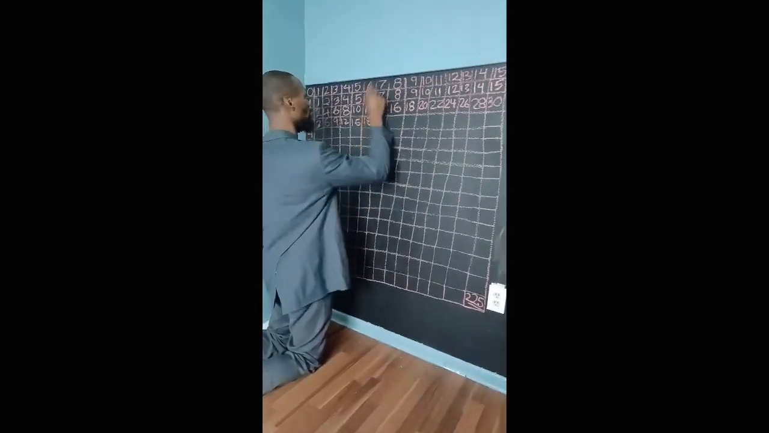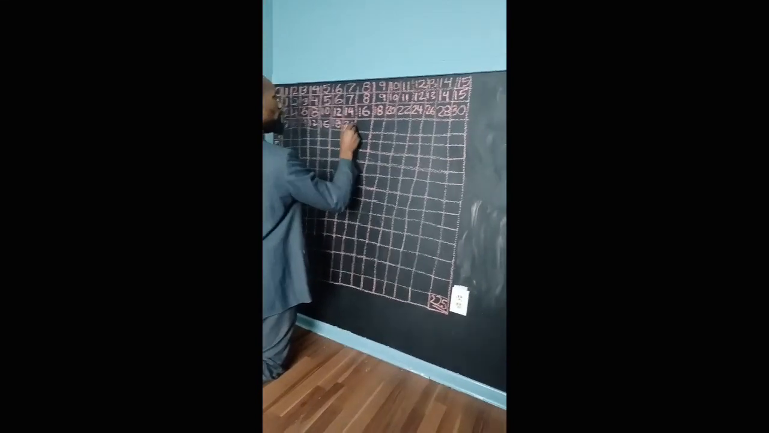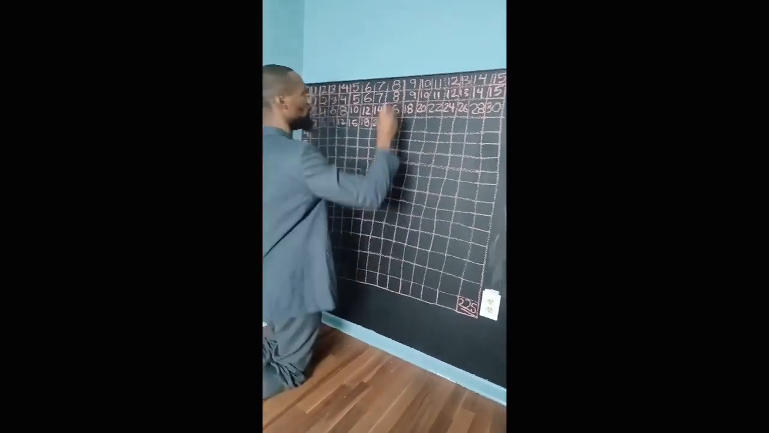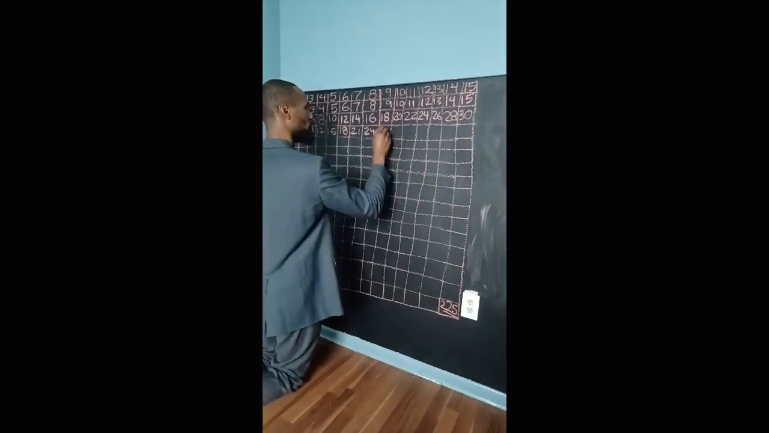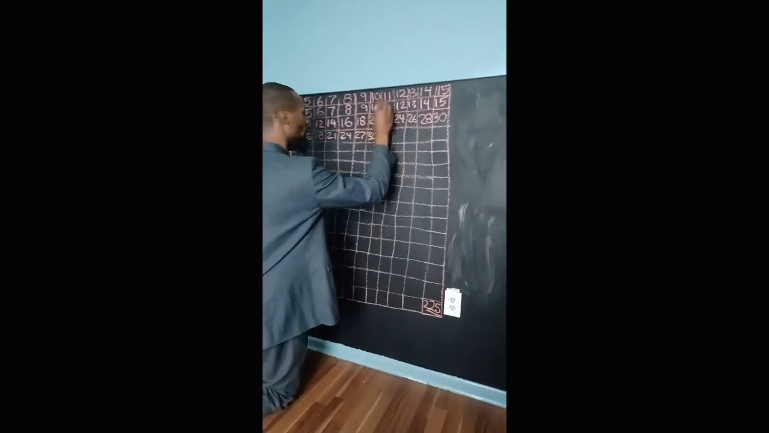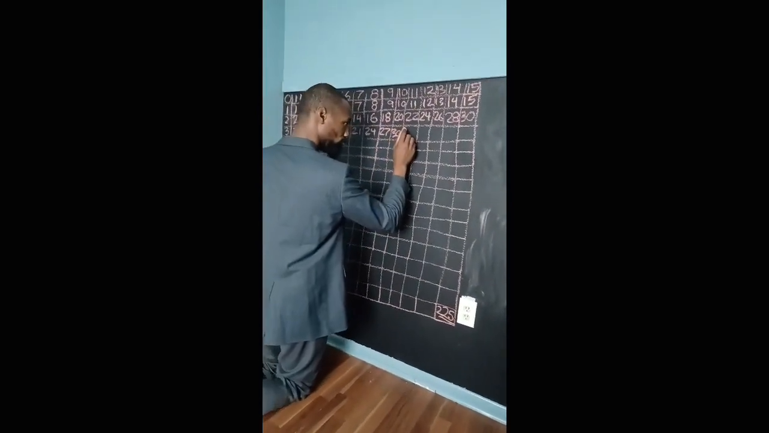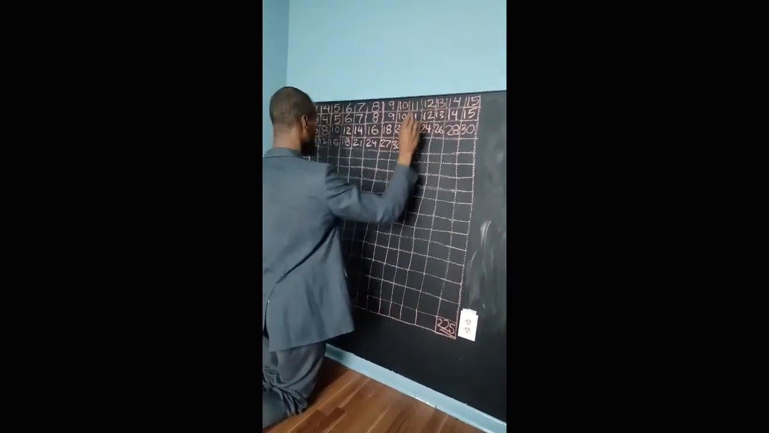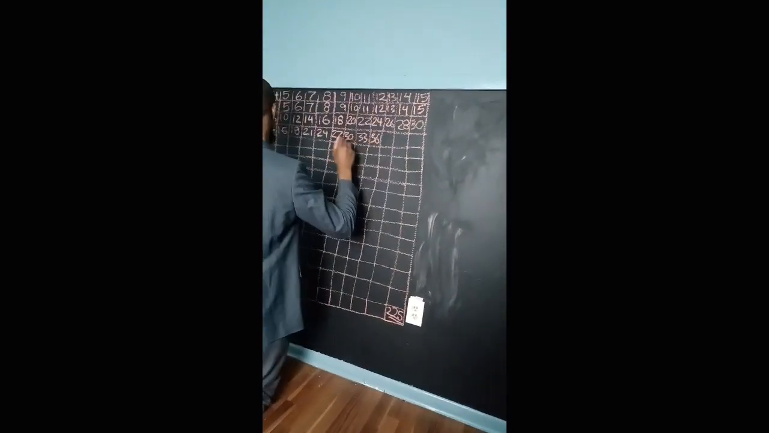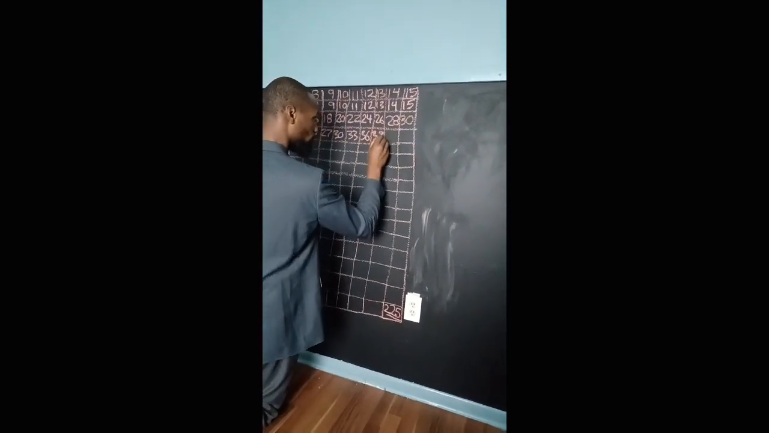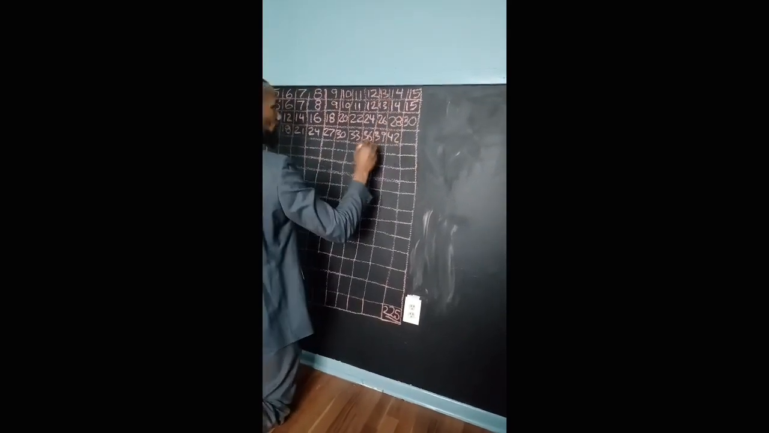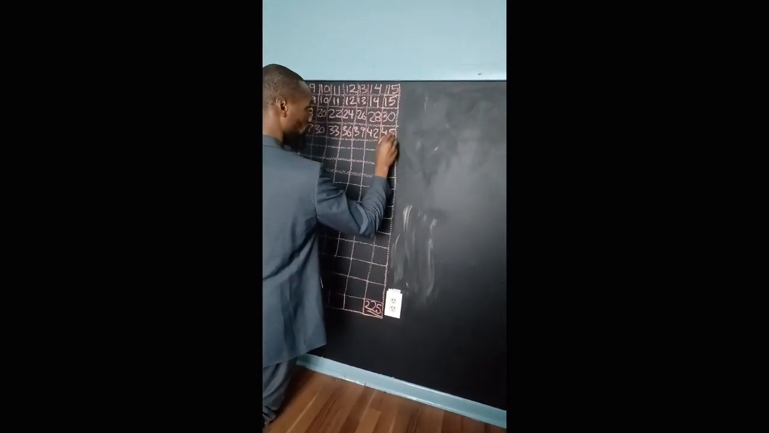Let's go. 7 times 3 equals 21. 8 times 3 equals 24. Yell it out if you know it. 9 times 3 equals 27. 10 times 3 equals 30. And 11 times 3 equals 33. We're going to add 3. 12 times 3 equals 36. And 13 times 3 equals 39. And 14 times 3 equals 42. And 15 times 3 equals 45. Now,